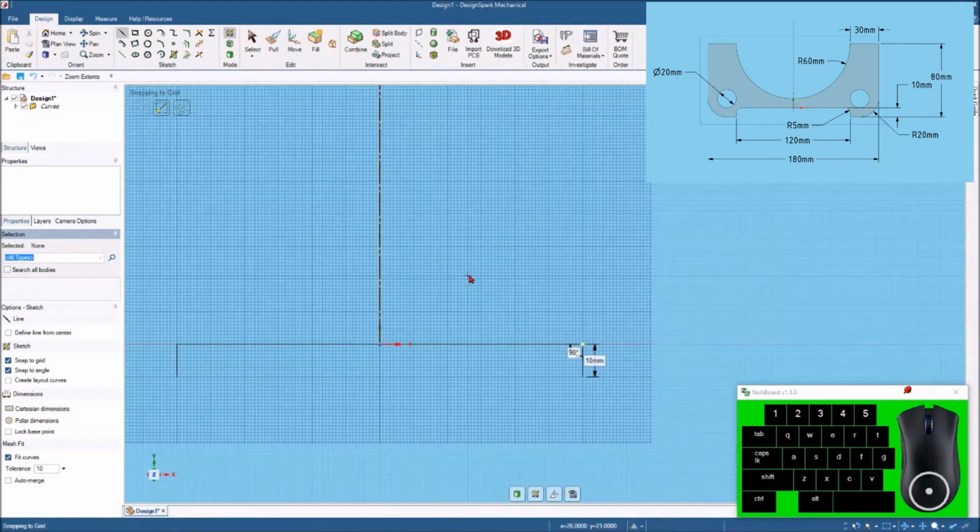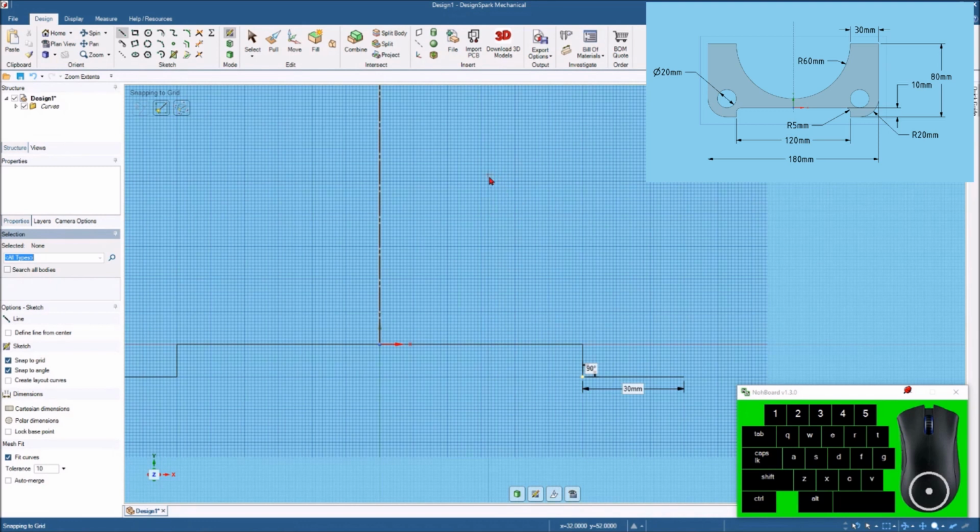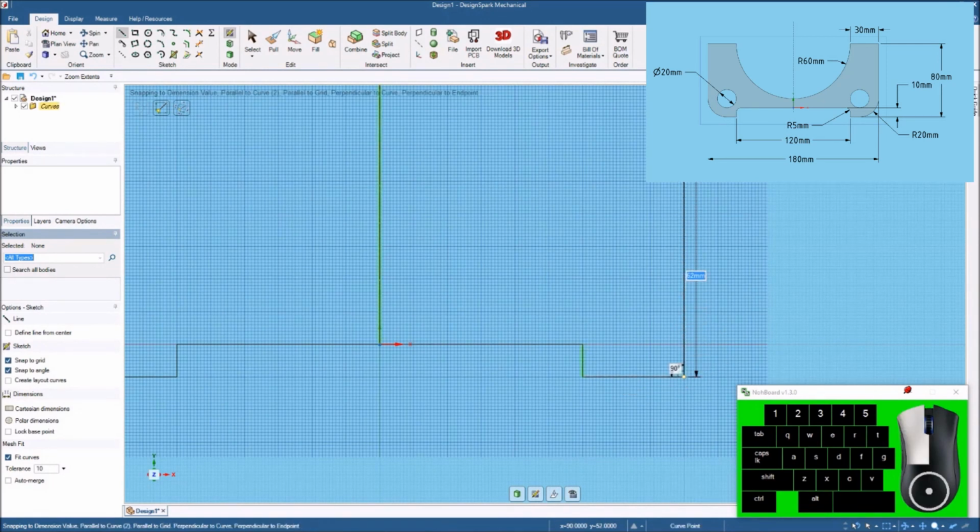Then we're going to come over, looks like 30 millimeters from there. So we'll come grab that point right there, come out, hit the space bar key and type in 30. And we're going to come straight up, looks like 80 millimeters from that point. So we'll come up and hit the spacebar key, type in 80,